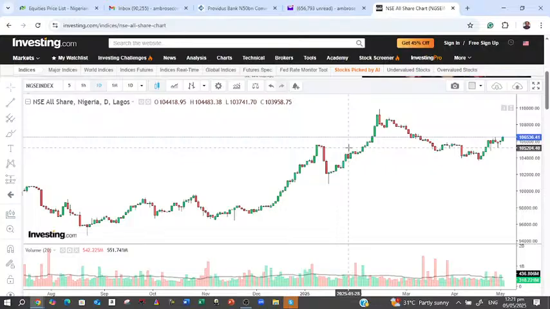Why for the fiscal authority? This is the time for them to up their game in terms of policies, either a tax holiday for companies, and also let me know that insecurity is a problem in Nigeria. If you have security, investment, both local and international, will be encouraged, because nobody wants to put his money where there is insecurity. That is why you need to also play your game.